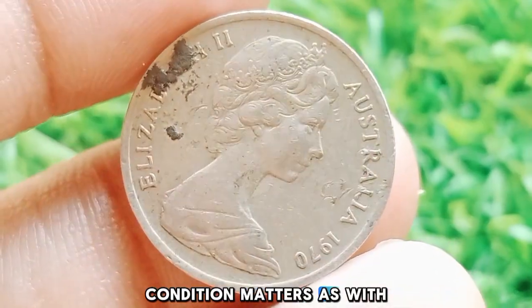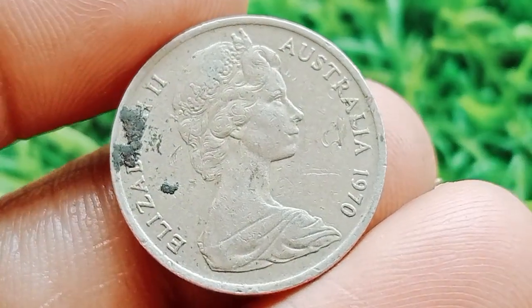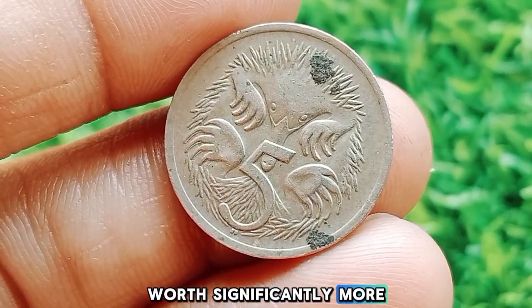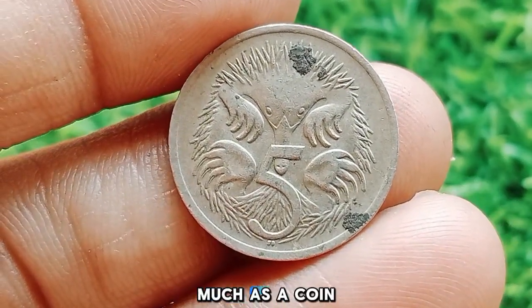Condition matters. As with all rare coins, the condition is a huge factor in its value. Coins that are in excellent condition, unblemished, with sharp details and minimal wear, will be worth significantly more. A coin in poor condition will still hold value, but nowhere near as much as a coin that is well